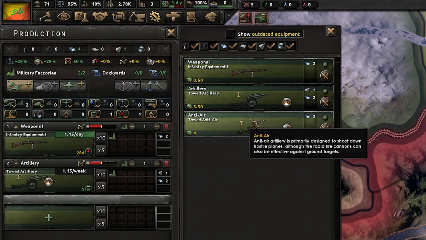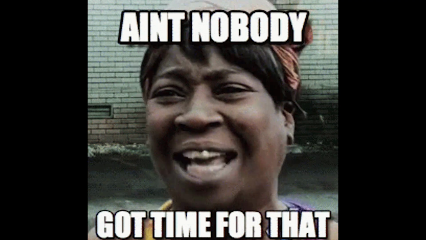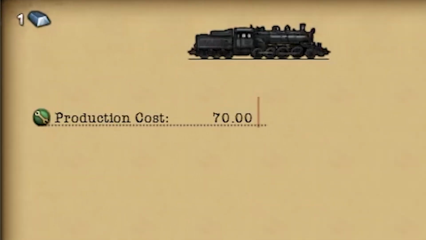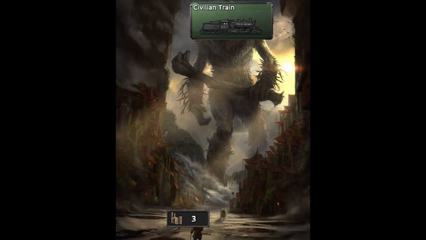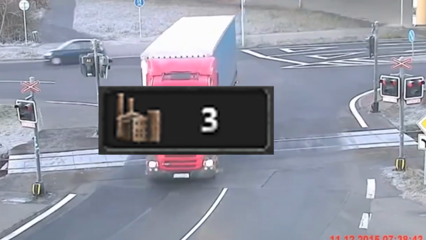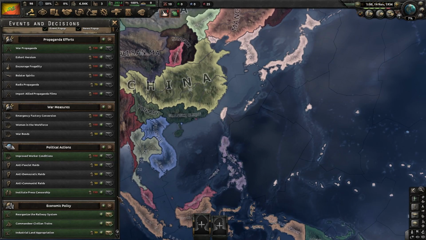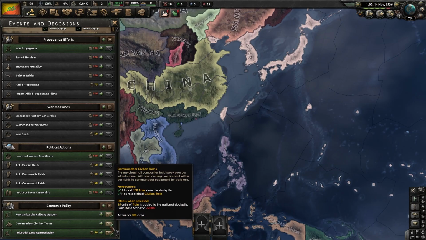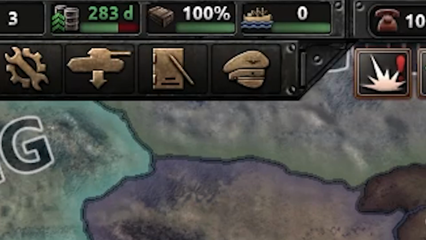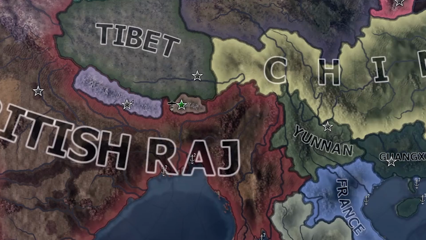Obviously, I'm going to focus on stuff like infantry equipment, artillery, anti-air. I got no time for trains, and especially those trains, they are not cheap. Like, holy shit, that production cost is high. It's bigger than my entire economy. I mean, at least Paradox added the Commandeer Civilian Train button. It's not that bad, but those trains, they come at the cost of my precious stability. Son of a...